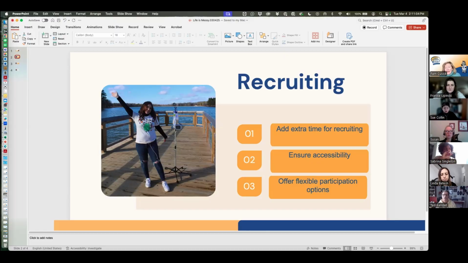Another thing, some of these conditions cause severe exhaustion. So if you're doing interviews, could you get done what you need to get done in 45 minutes instead of 60 minutes? Some of these things might not be possible, but if they are, you should consider it. That leads me to my next point, which is